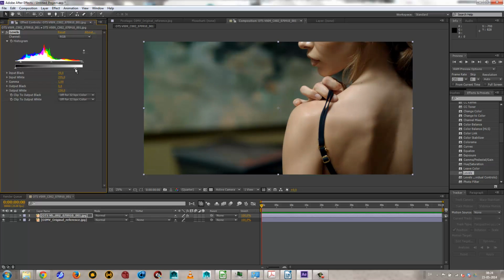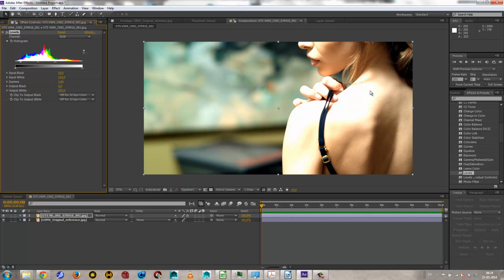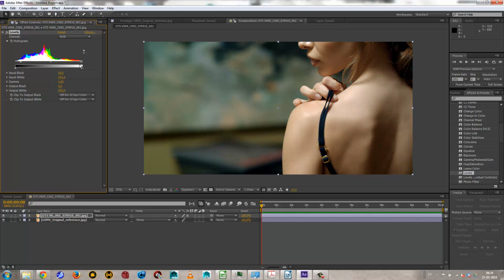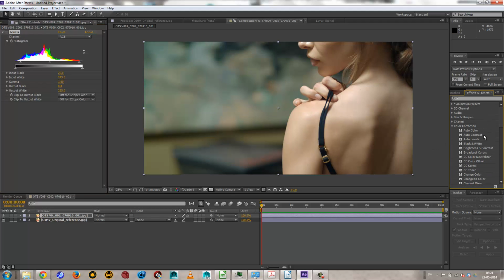If we do the other end, we just tend to burn out the white areas. So it's a question of making sure that you have your whites and your blacks. So perhaps this should be around here. So you can see before and after, and the image looks much more interesting just after doing this levels adjustment. You can also use auto, but